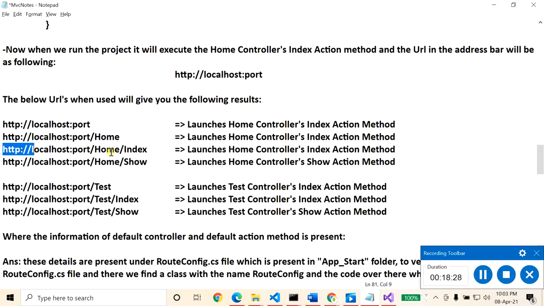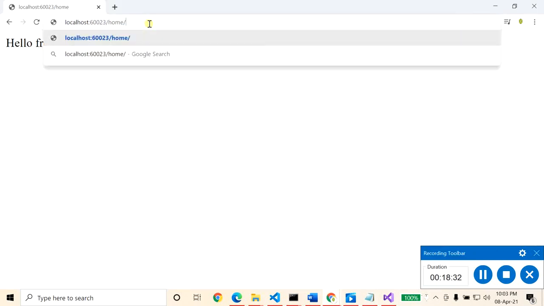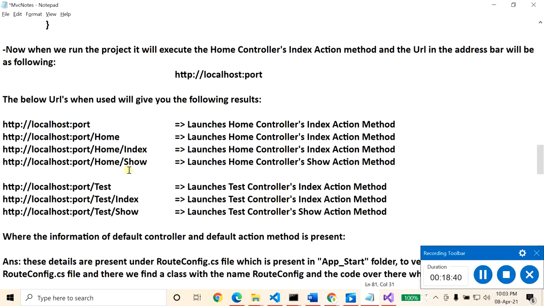Now you can also put home/index. If you mention home and index, it will invoke the same thing. It will show the same thing, the home controller index action method.